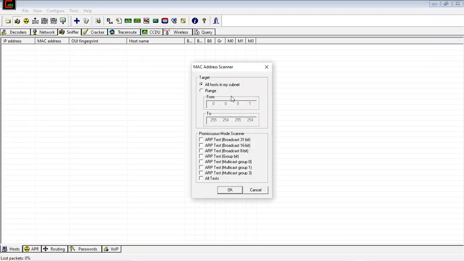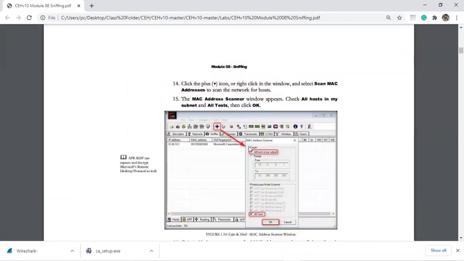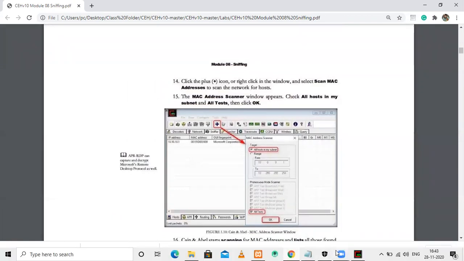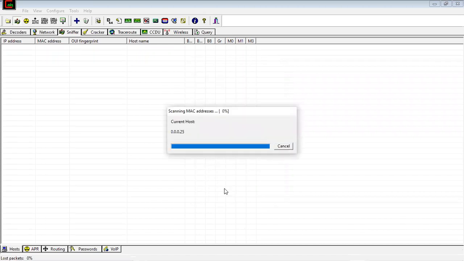Now here you need to select all hosts in my subnet. Whatever hosts are there, click on all hosts in my subnet, so that it can scan all the IP addresses available in your range. Click on OK.